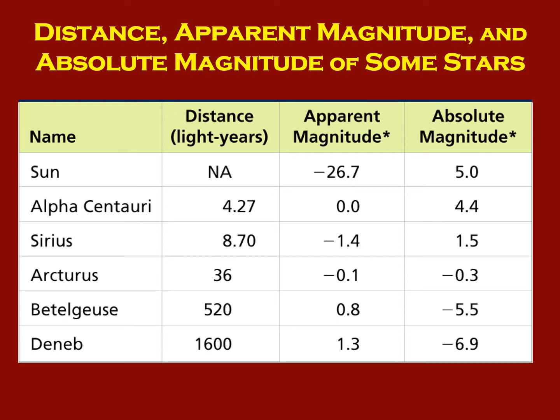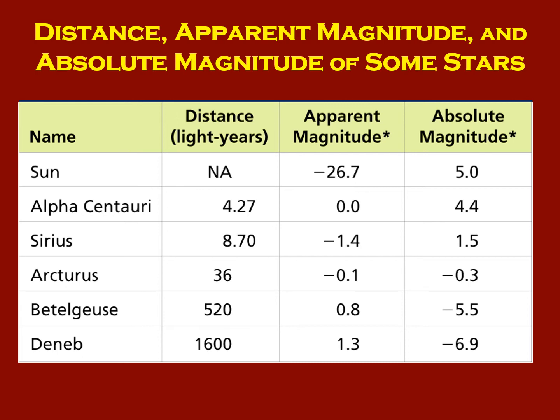Another thing to mention is that it's logarithmic. So every time you go down a magnitude, like from 1 to 0, you're actually getting 10 times brighter. So it's a very dramatic change, not just a little change here. Anyway, so you can see on the table, and there's one similar to this in the book, that just because